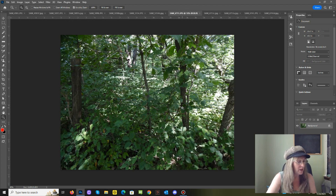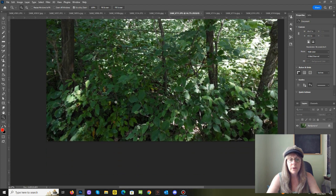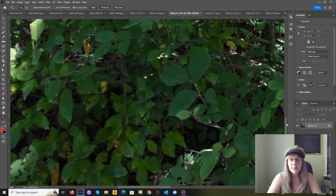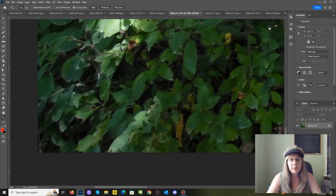So next we are, let's see, at the Ball Cemetery in Rhodes, Iowa. Actually, it's quite a distance out of Rhodes, Iowa, but it's still considered Rhodes. And in this one we have two beings that I'd like to show you, and they're not very far apart. So the first one here, and this is at 100%, we'll take it up to 200% and scroll it on over. Now this one is quite clear,